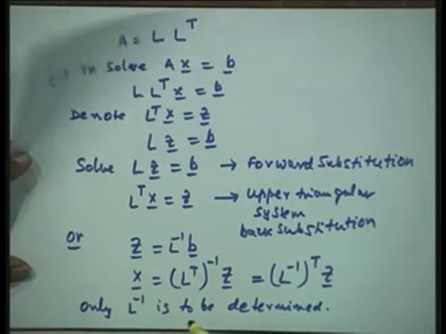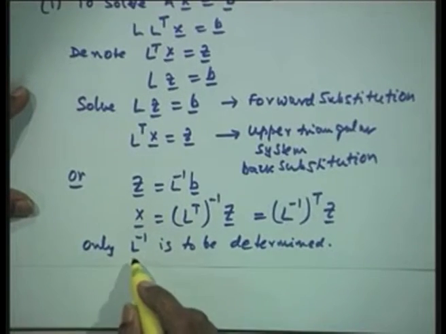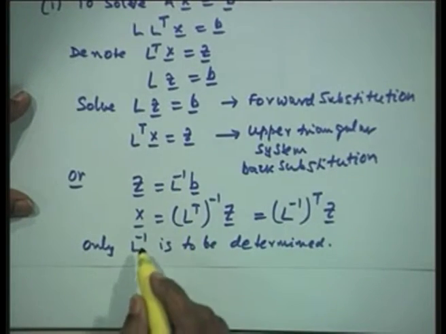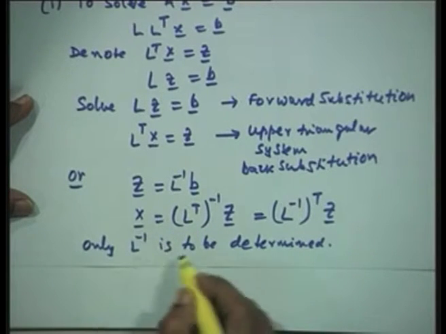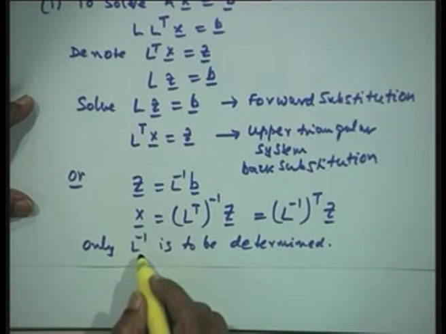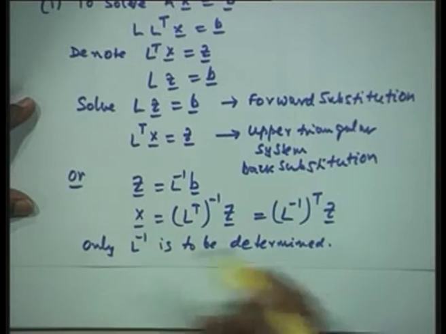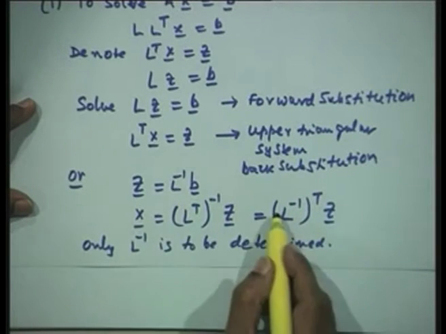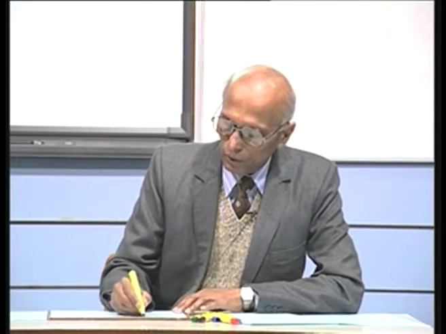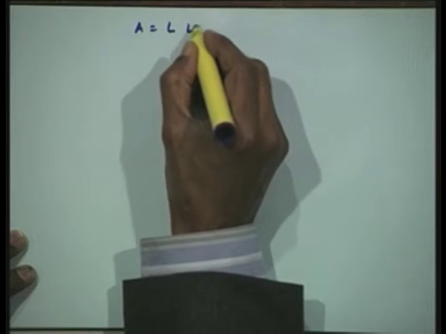Now, we have already shown earlier that if L is lower triangular, its inverse is also lower triangular. Therefore, I can use the forward substitution to get the inverse of L also. Therefore, L inverse will also be obtained by using the forward substitution only, and we can then use the same L inverse in both the places and get the solution of the problem. Now, let us see how we are going to get the decomposition as A is equal to L into L transpose. So, let us write it down. Our A is equal to L L transpose.